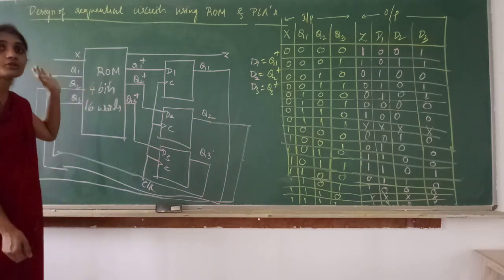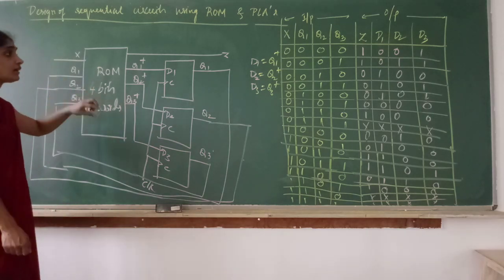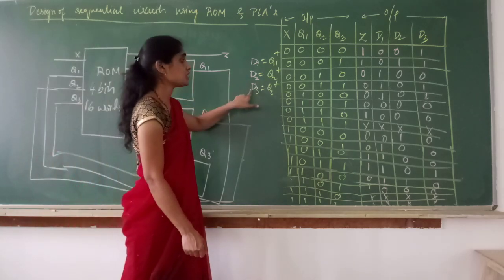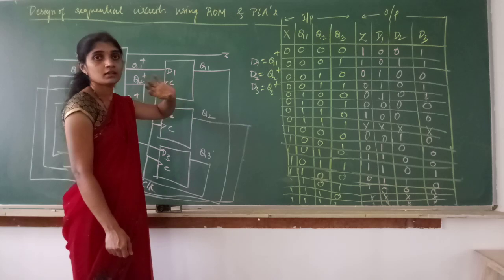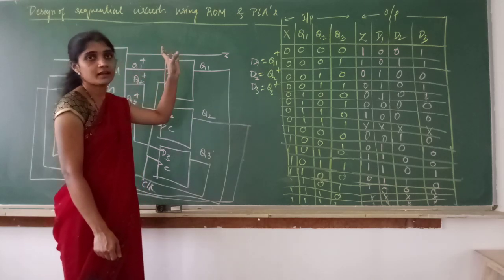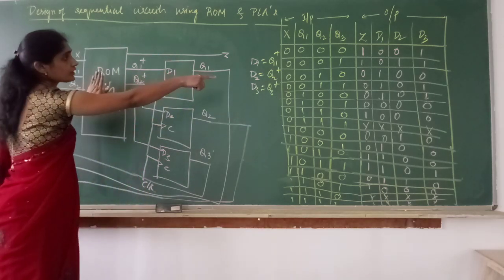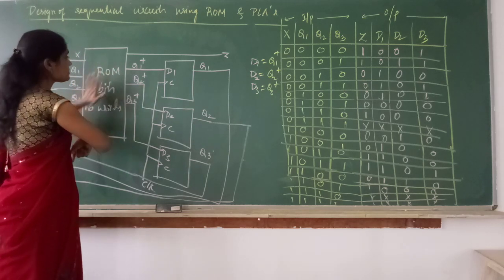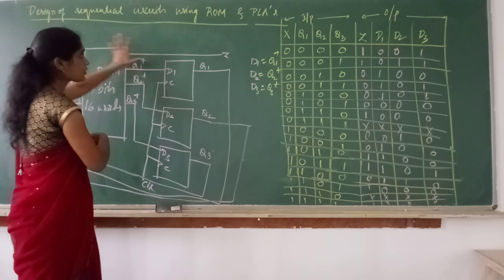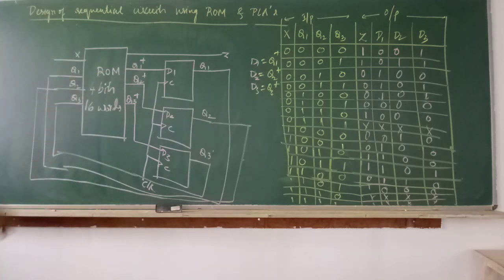Very simple compared to the code converter we designed earlier. There we derived the equations for D1, D2, D3, correct? Those equations we implemented using flip-flops and NAND gates. But with ROM, if you give this truth table, the same truth table will be in ROM. So for these inputs, these are the outputs using flip-flops. You can design a sequential circuit code converter using ROM. Next we will see how a code converter circuit is designed using PLA.